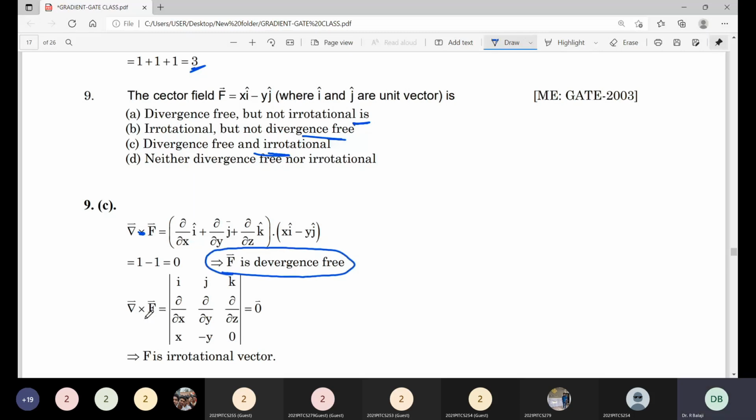Then del cross F is equal to the determinant of i, j, k. By expanding this determinant, we get 0. F is an irrotational vector. Therefore, it is divergence free as well as irrotational. So option C is the correct answer. Next,